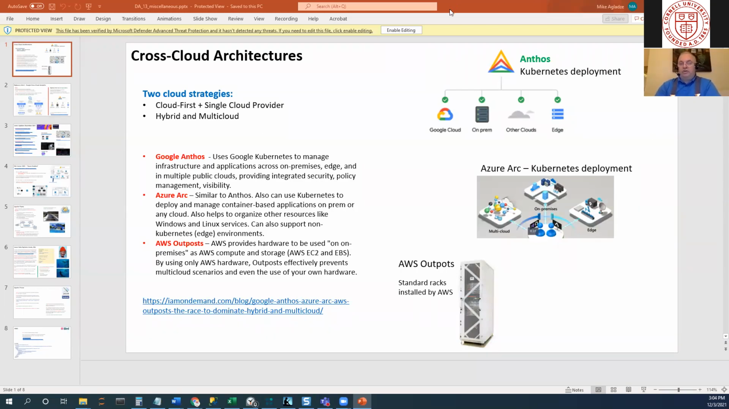Okay, perfect. So first few minutes today, we'll go through some slides, and then we switch to data architecture interview questions. So this first slide just talks about cross-cloud architectures, and Google has a platform called Google Anthos, which is